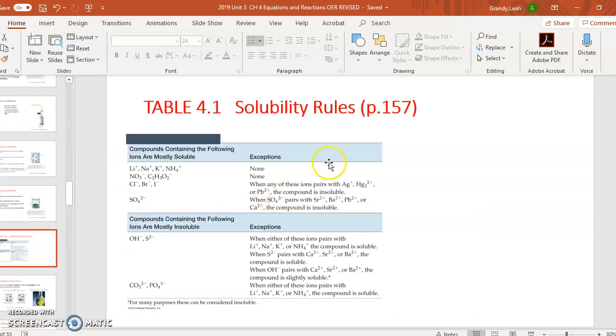And my table is similar. Yours is on page 157. This is very similar, not identical, just because it was a nicer image to use in the presentation here. And so, for example, let's go look at that Ag